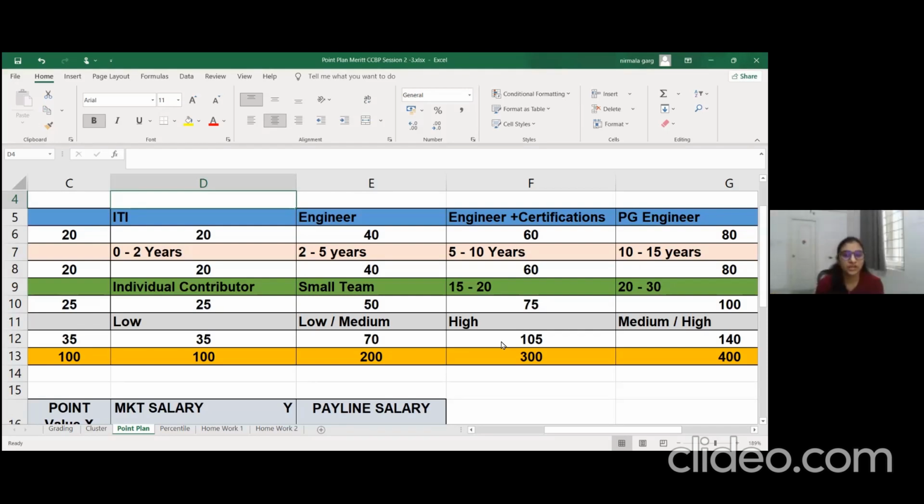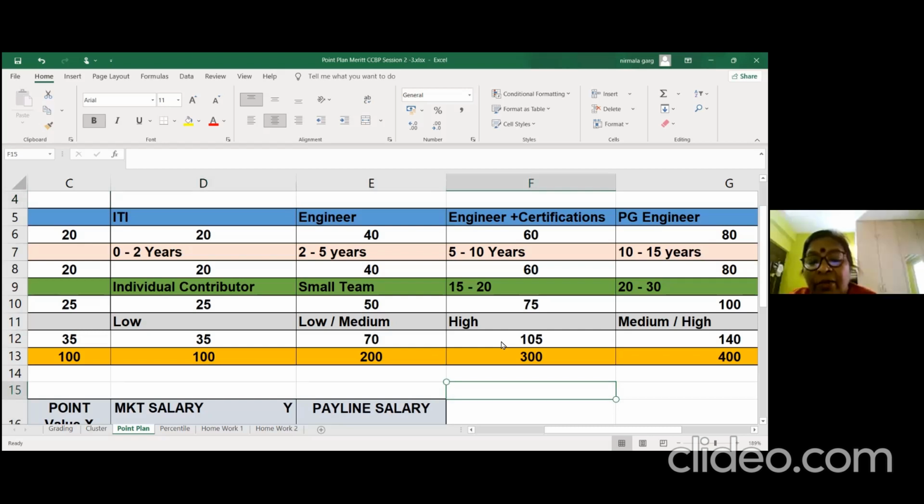Nirmala, just a quick check for the weightage number. Do we have a hard and fast rule that this should be the number for the weightage, or is it up to us on how we would like to give the weightage? No, the basis of the weightage is typically the priority for the organization. But definitely no weightage should be more than 50. That means then you are skewing it. So you have to spread that weightage. It can be in the range of 30, 35. But do not give very high weightage to just one compensable factor. Okay?